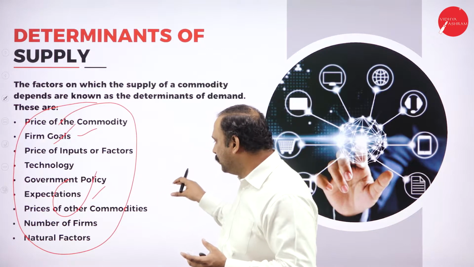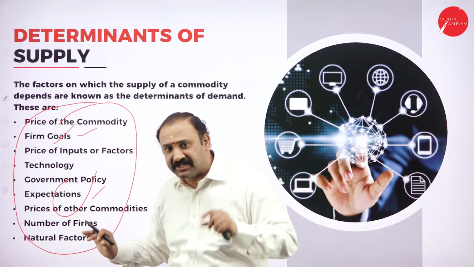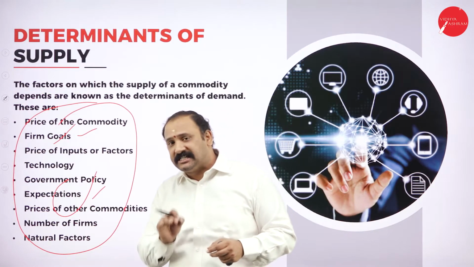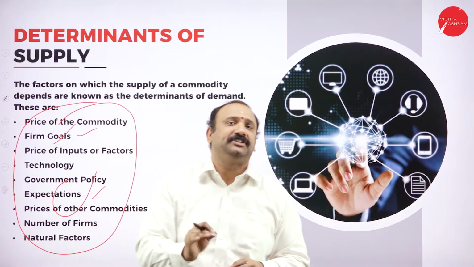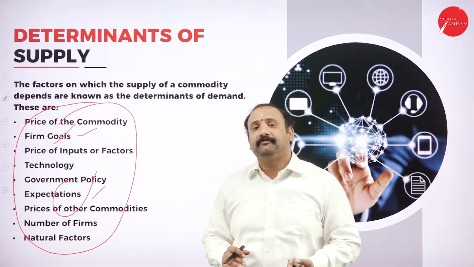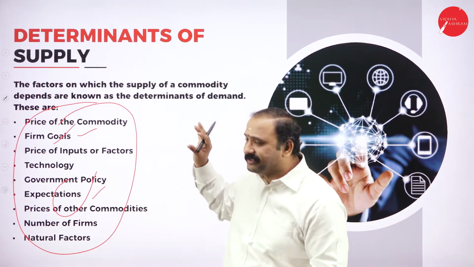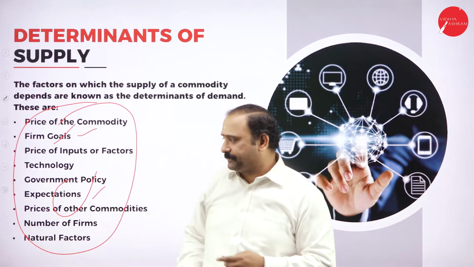So that is where you would see that though a number of firms are there, there is stiff competition in the market. Pricing is a challenge, but still companies don't want to give up. They want to retain the supply chain. They want to retain the supply market. They want to create demand going further with new products coming up in their zone. So this is where the determinants of supply will really have a massive impact.